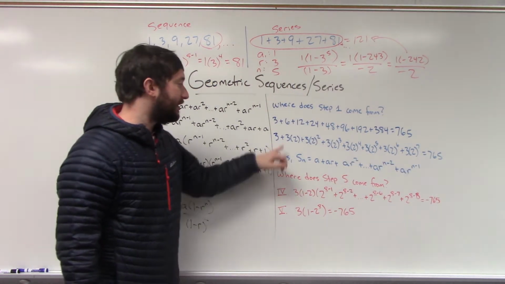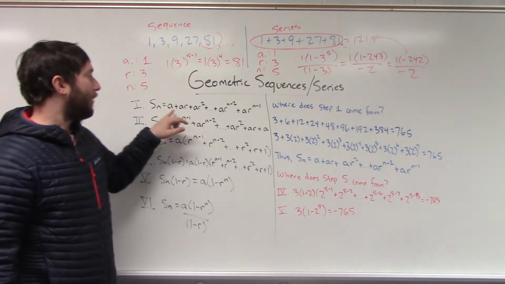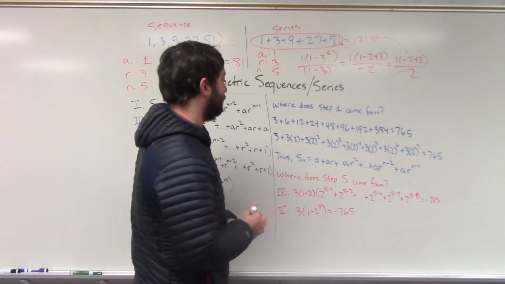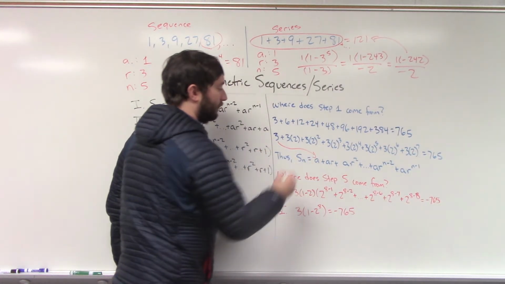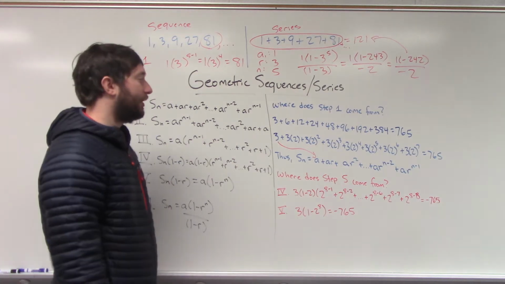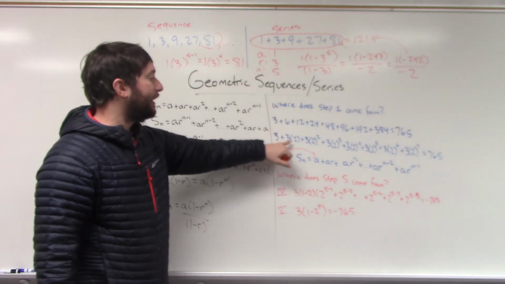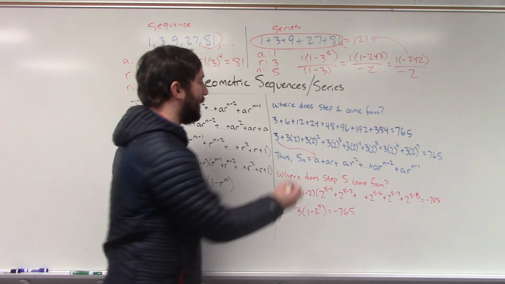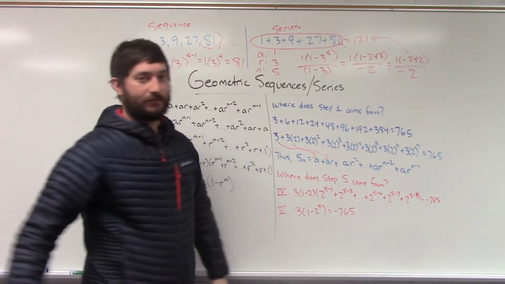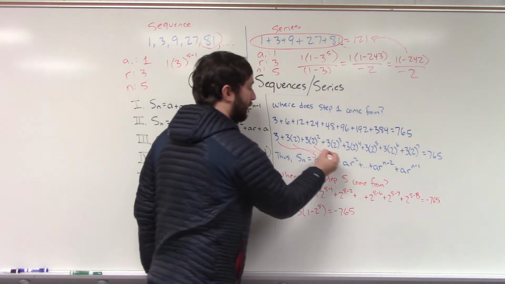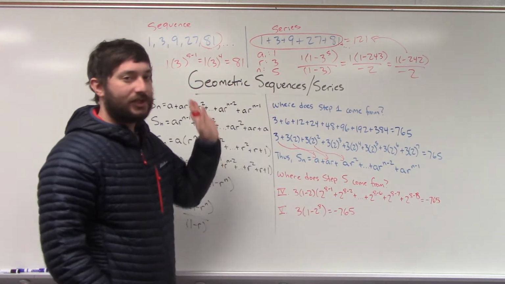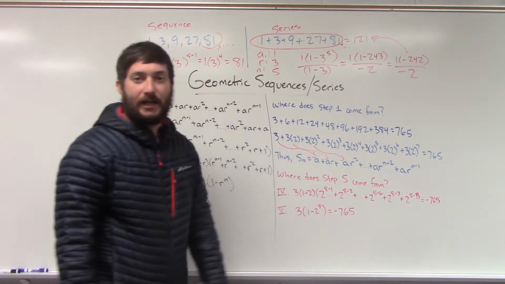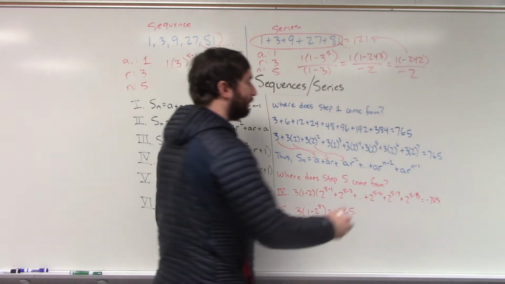And this shows where step 1 is coming from, right? You have this initial number, A, 3, that's your initial number of A. Then you have 3 times R, right? Your common ratio, 3 times 2. And that matches this. And then this matches this, and so on and so forth until you get to the very end. Okay, I don't have enough space to write all of it out, so I kind of skipped a few numbers there, but